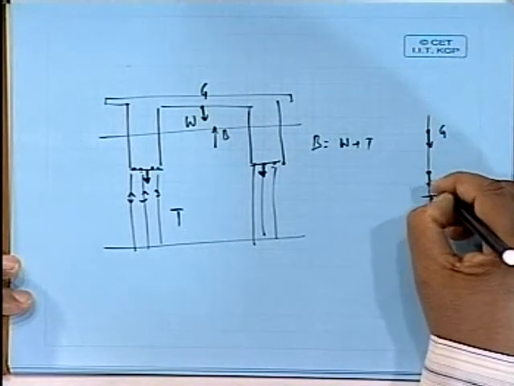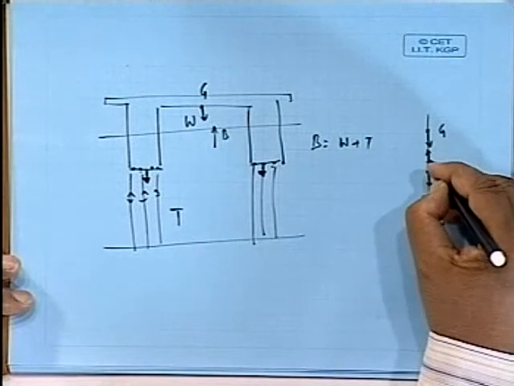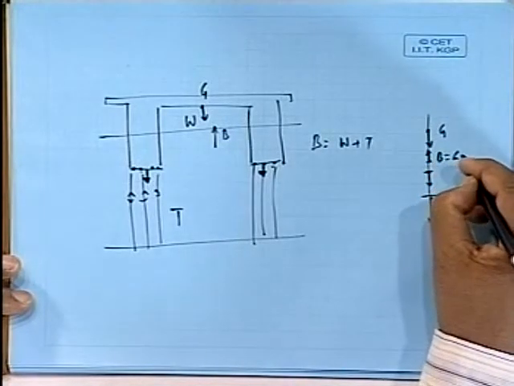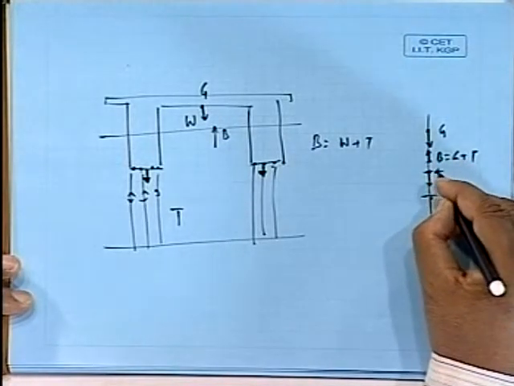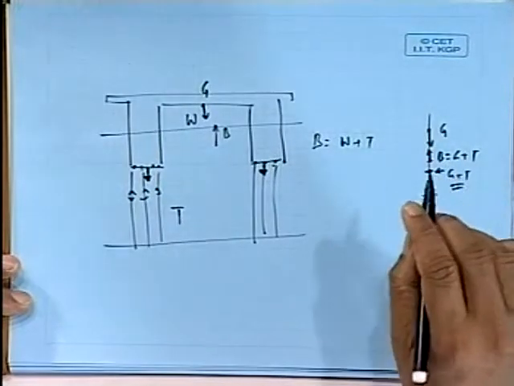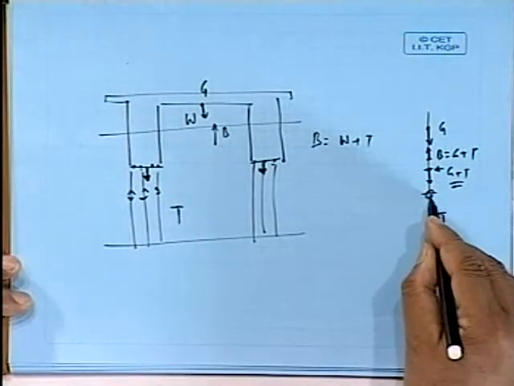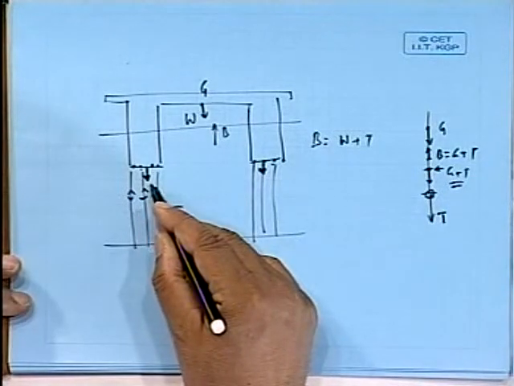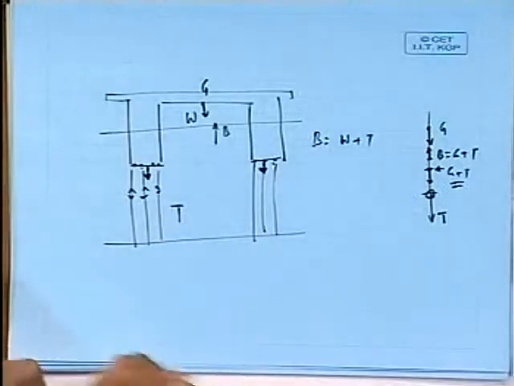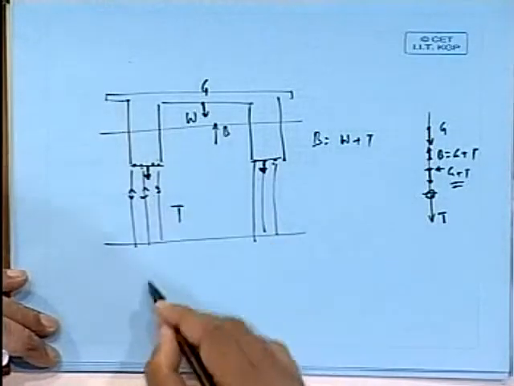And of course B will act wherever this may be, B equal to G plus T. This is my G plus T acting. So it is like a large amount of weight added at the bottom. See, a tension leg platform can never capsize because it is like so much weight you have added at the end. So you are sort of adding, as if you have got an amount of weight T